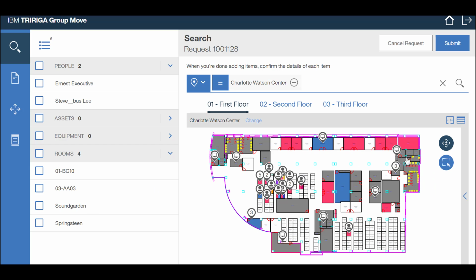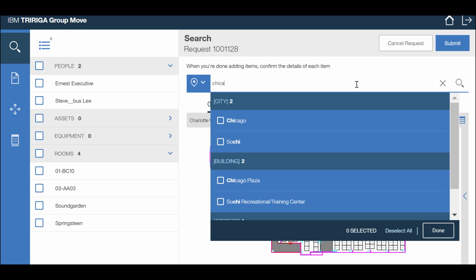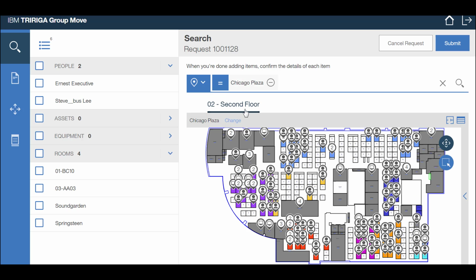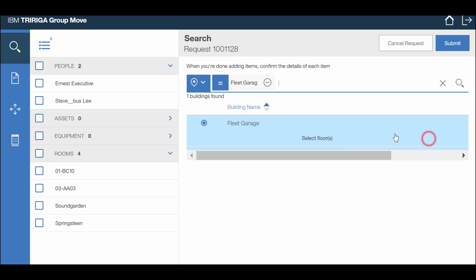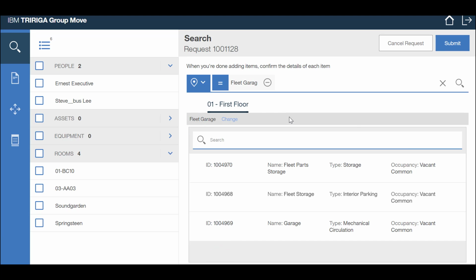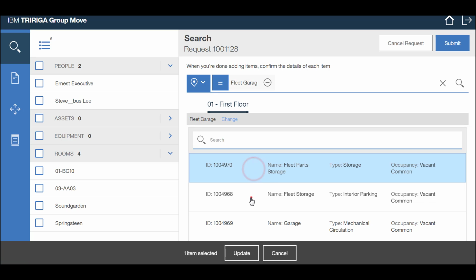I can also change the whole building. I just need to clear the search and search for another building, like for example, Chicago Plaza. I select the floor and I change the building and the floor. If I change the building and select a floor that has no associated floor plan, the application will show a list of the spaces that belong to that floor, so I can select or deselect